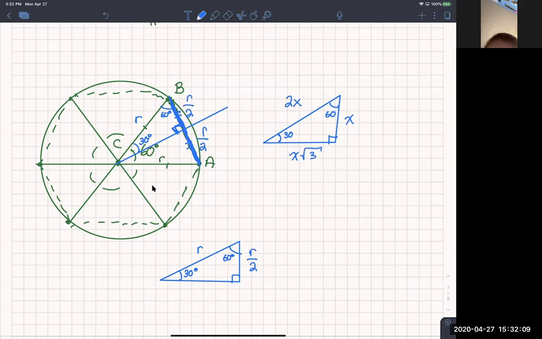So the whole length segment would be r over 2 plus r over 2, which is r. You could have done this a little bit faster by saying, okay, this angle right here is 60, and this angle right here is 60. What is this angle? It's 60. So what type of triangle do we have whose angles are all 60? Equilateral. And all the sides of an equilateral triangle are what? Equal. So if one of the sides, which is the radius, is r, that means